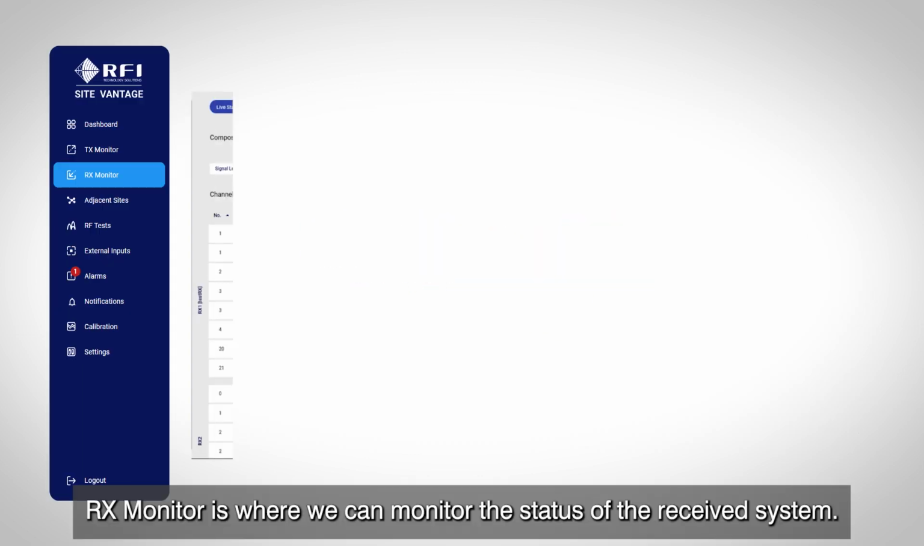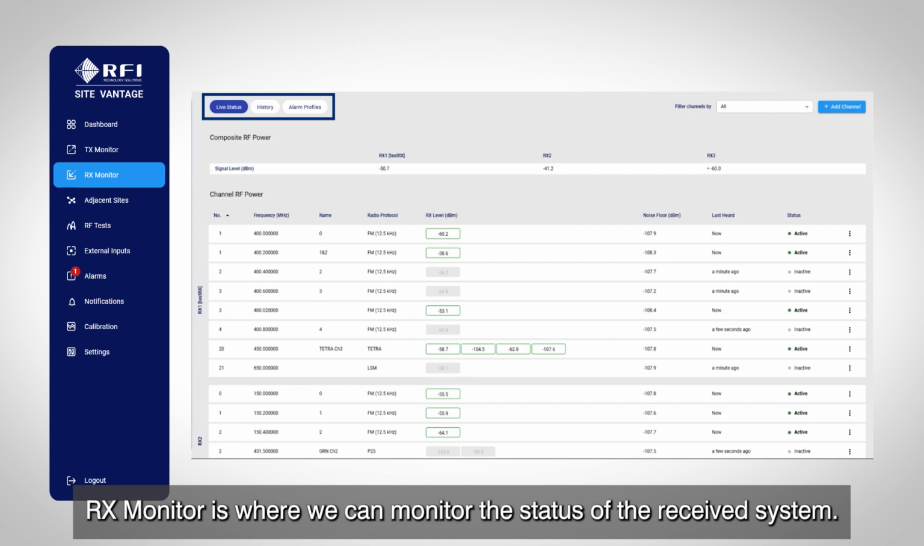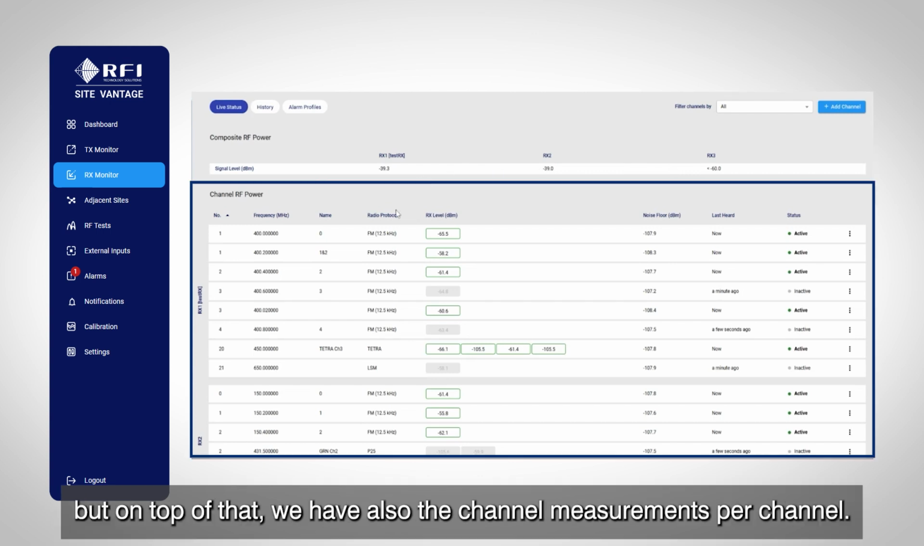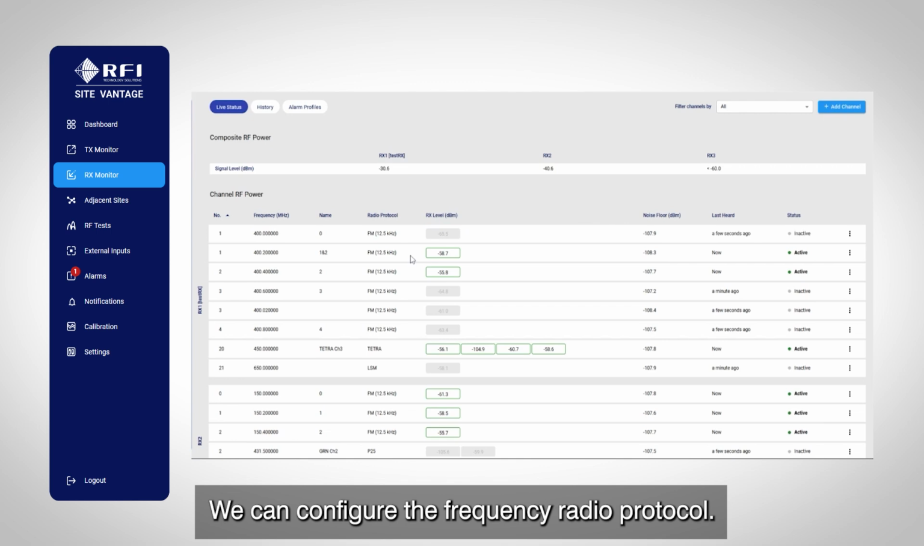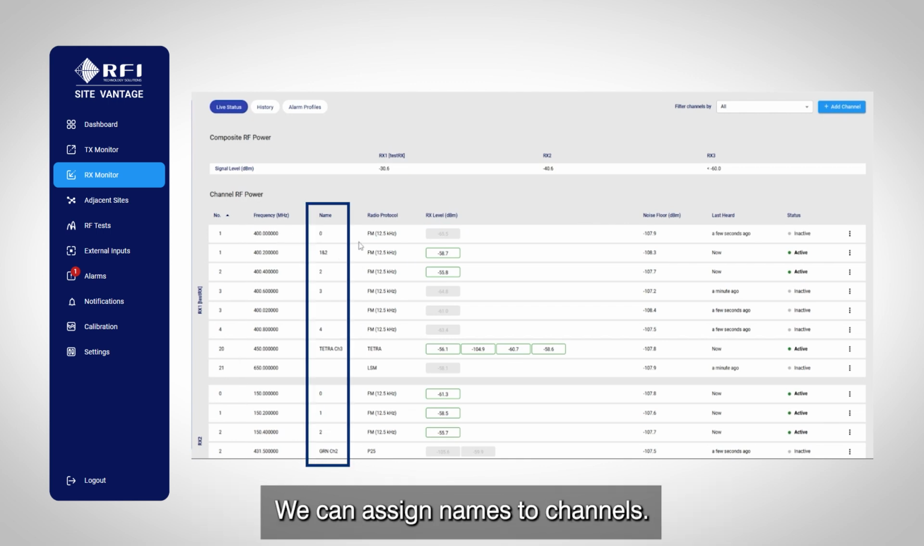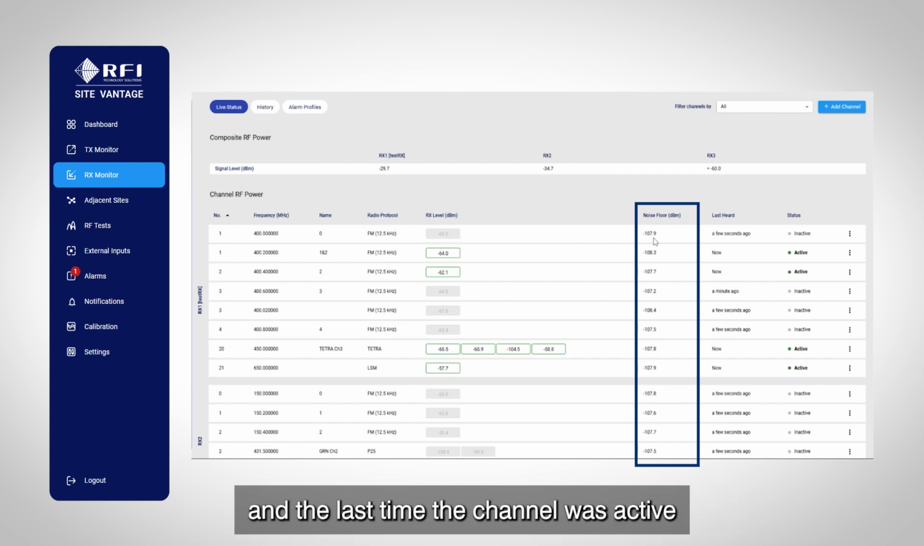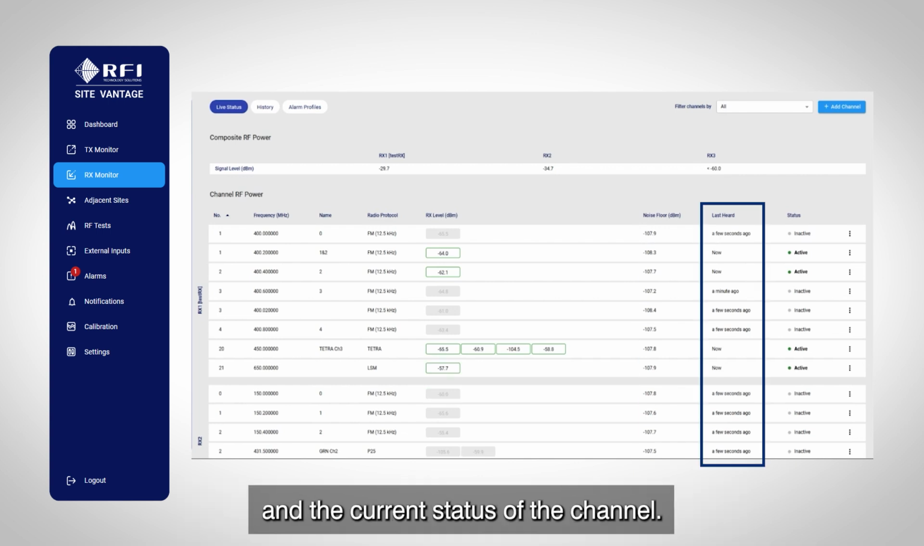RX Monitor is where we can monitor the status of the receive system. We have the composite RX levels per port on Vantage, but on top of that we have also the channelized measurements per channel. We can configure the frequency, radio protocol, and we can assign names to channels. We can also measure the noise floor per channel, and the last time the channel was active, and the current